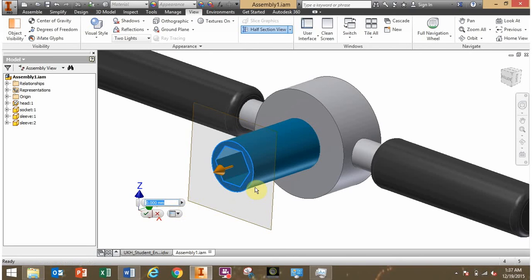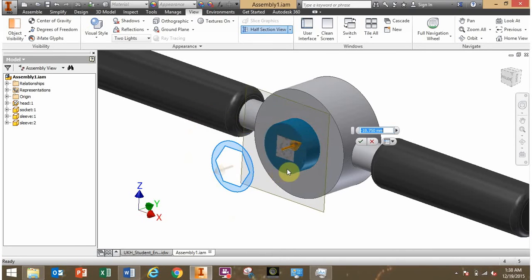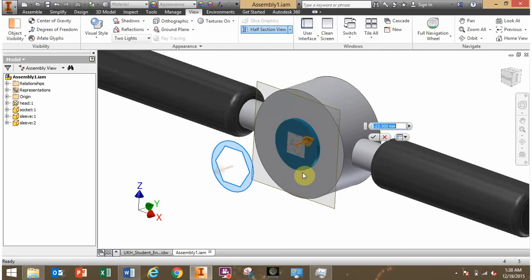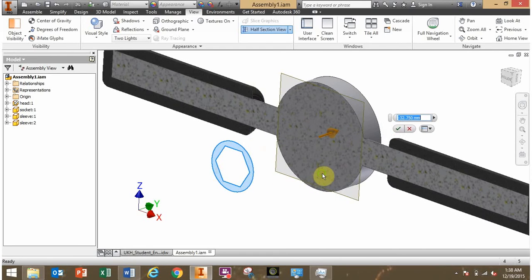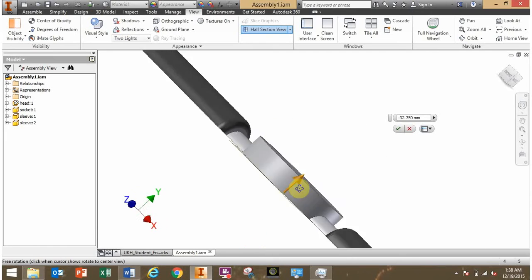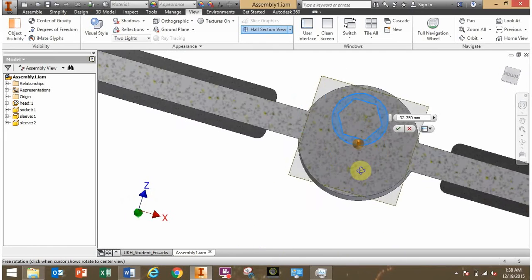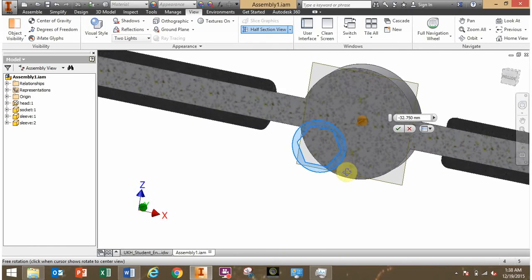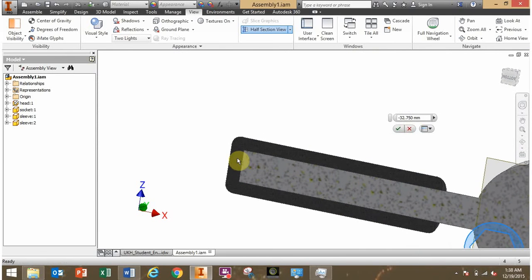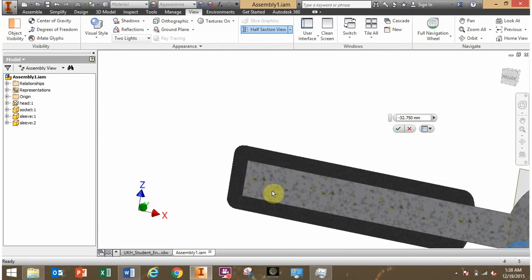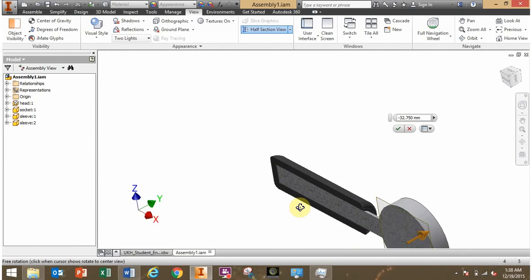Click on that, and now when you click on it, there's this brown arrow that pops up. And the good thing with that is I can click on it, hold down, and then drag. And wherever I drag this, it'll give me a section view of the assembly just from wherever that plane cuts through the assembly. So I show you this just to see how these plastic handles fit onto the end here. Okay, so that's just a neat trick